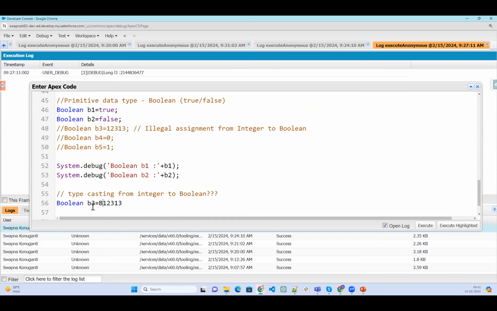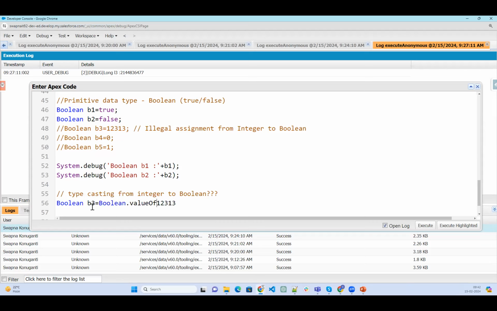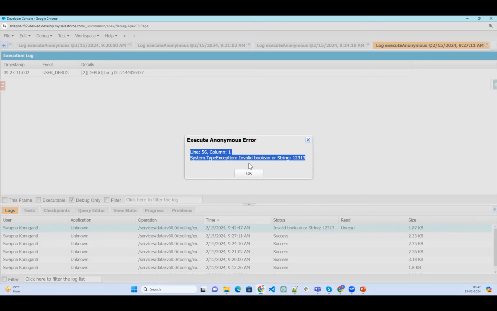What will be the one? Boolean.valueOf, then I'm going to provide the integer here. Now, does it work if I convert this? No. What is the error it is giving?